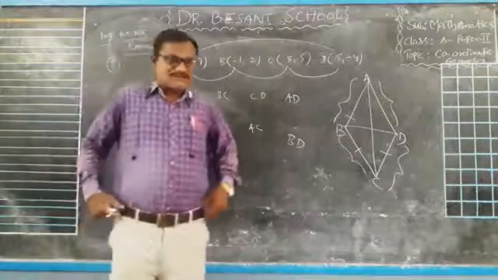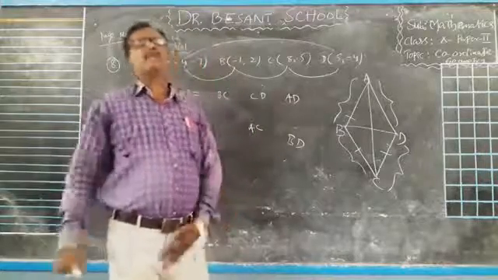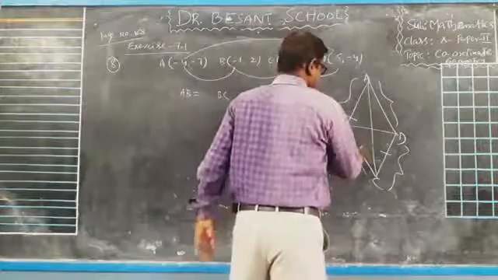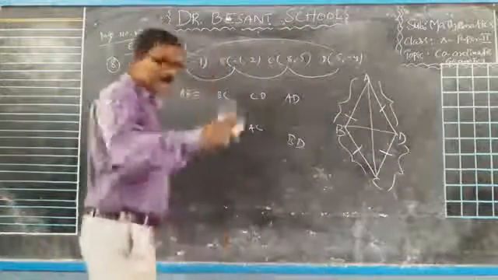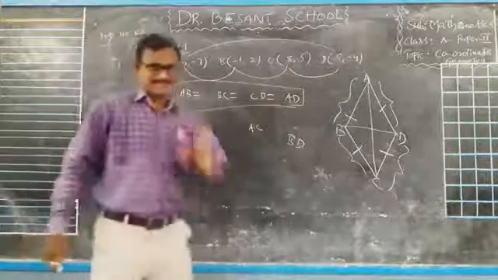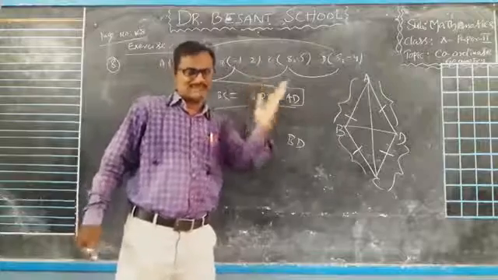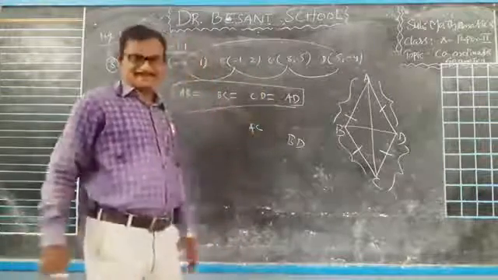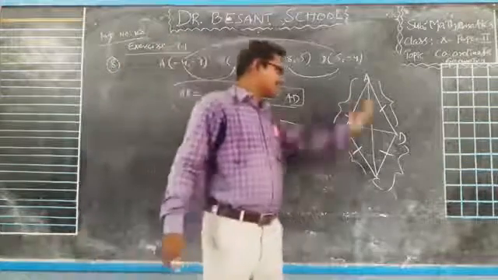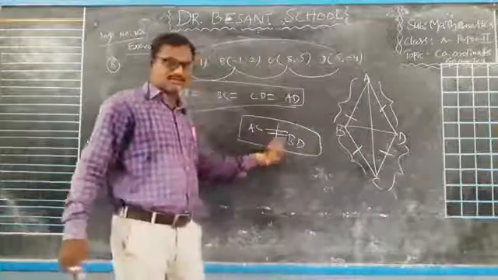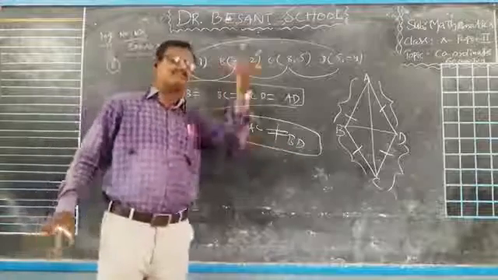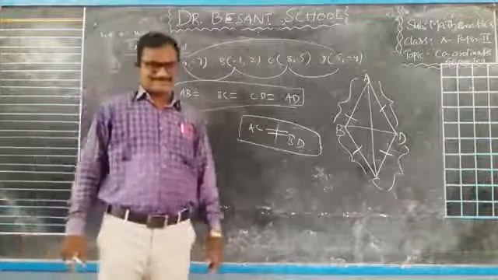So, properties of rhombus, recollect what we learned in our previous class. All 4 sides are equal in the rhombus and the diagonals are not equal. So you have to get AB equal to BC equal to CD equal to AD, all 4 sides equal. Why? Because the problem is to prove that these vertices form a rhombus. And diagonal AC will be not equal to diagonal BD. If you get these 2 conditions, all 4 sides equal and diagonals not equal, you write the conclusion: the given vertices form a rhombus.